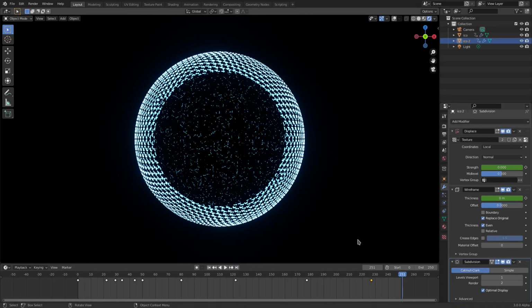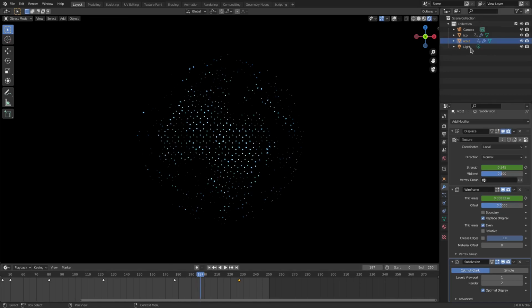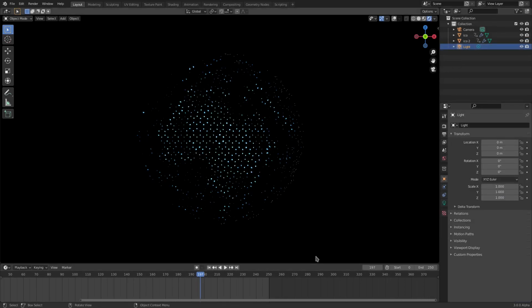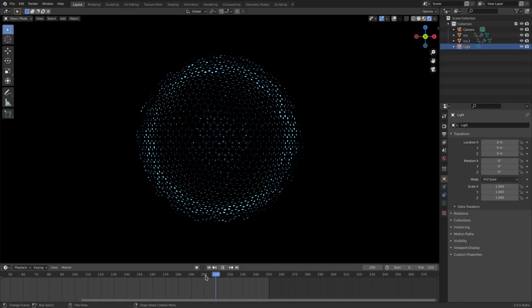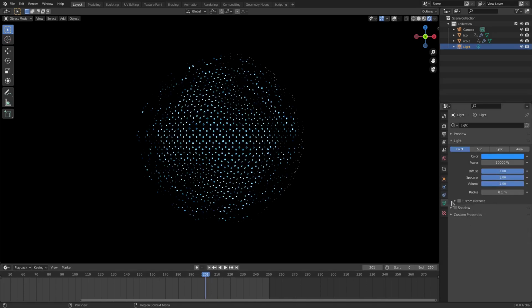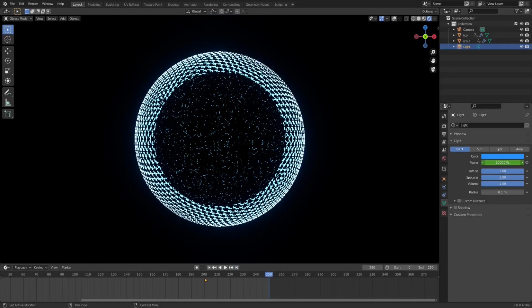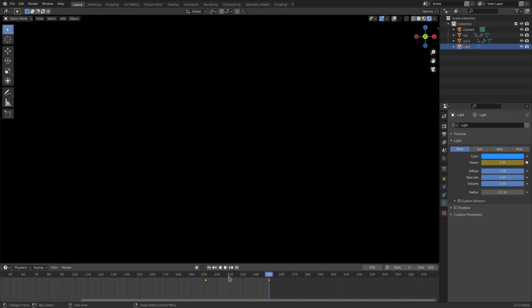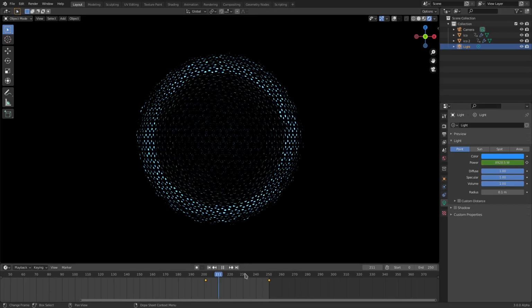Interesting. So you would probably have to turn the, let's actually do that real quick. Let's turn the lamp light down. So on frame 1, on 200 maybe. On frame 200, we'll change this. Hit I, hover your cursor over top of that, hit I, and then go to the last frame. We'll change it down to 0, and then hit I. There we go. So it kind of fades away on its own.